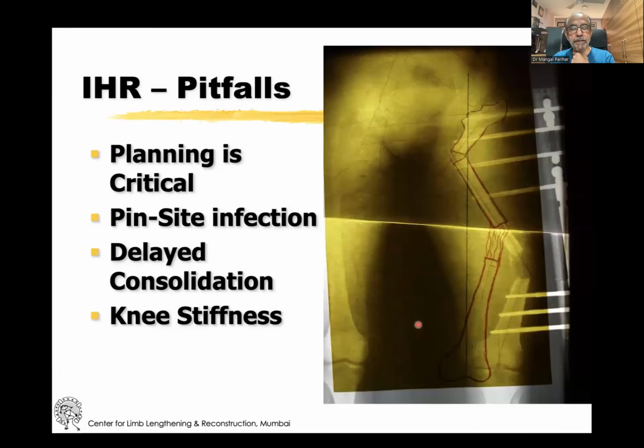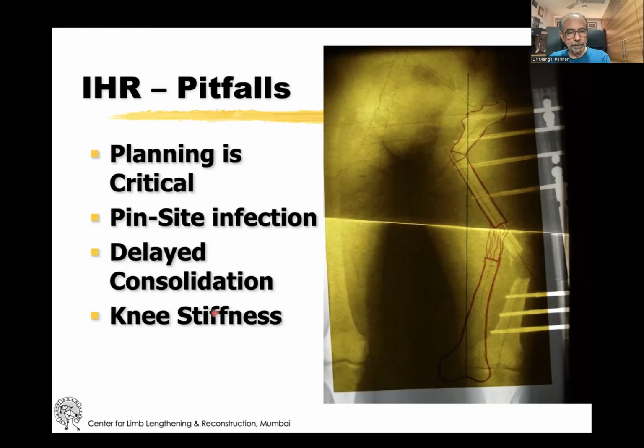Now, one of the problems with the Ilizarov hip reconstruction, especially if you do it with the LRS, is the importance of the level of the osteotomy and the importance of the planning. So here is a case where we made a mistake, and this is the reason why the osteotomy has to be as high as is needed. We did the osteotomy more distal, and because of that, there is a lateral translation of that distal fragment, right? The other issues with fixators, pin site infection, delayed consolidation are there, and they can be taken care of,